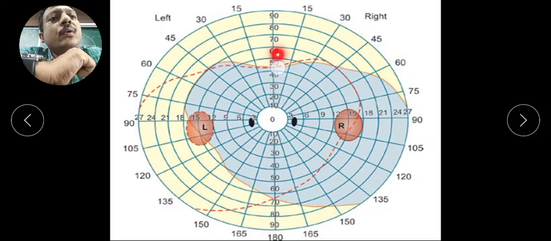Okay. Now this one is the perimetric chart, and there are a total of nine isopters: 1, 2, 3, 4, 5, 6, 7, 8, 9. Each point of one isopter has equal visual acuity, and these radiating lines at 15 degree intervals are known as meridians. This is right temporal 90 degrees, this is left temporal 90 degrees, and this is 0 degrees, and this is 180 degrees. Total 360 degrees. This is the perimetric chart.